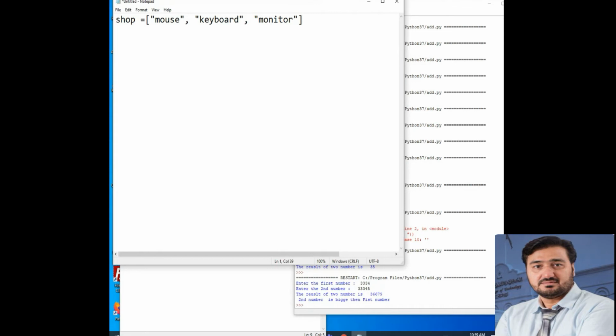Now I want to print each of the items in a shop. So how can I print all the items in our shop? Suppose you have 100 items in your shop, or 1,000 items. Here we will just write three items, and now you want to print the number of items in the list. Just write print